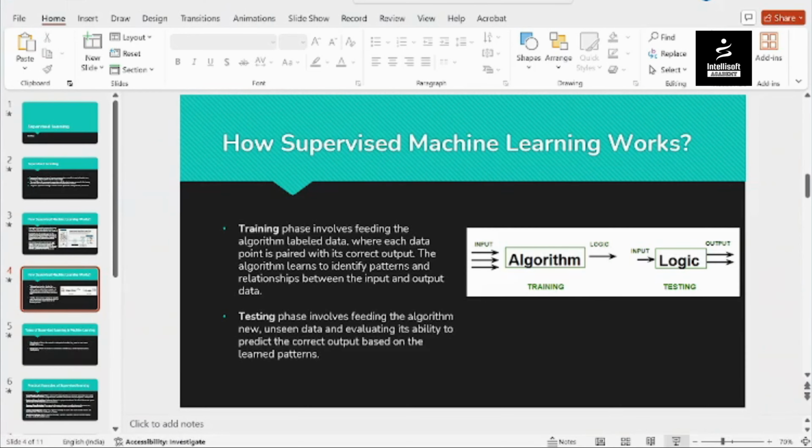Now there are two types of supervised learning, that is classification and regression. In classification, we have binary output like spam, not spam, yes, no, true, false. In regression, we have a continuous variable as output, like predicting house prices. Predicting house prices, you know that it cannot be 0 or 1, it has to be a variable. Whereas in classification, you can tell that this is a spam email, this is not a spam email, this is milk, this is not milk. So this is how classification and regression are two different things.